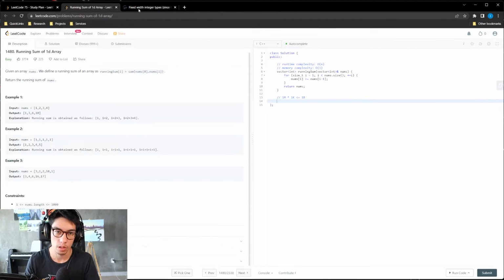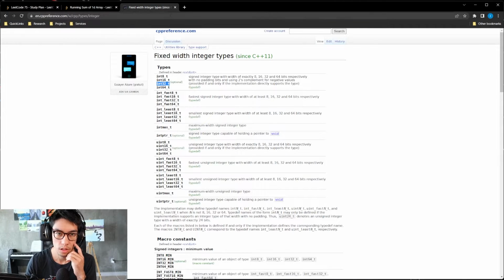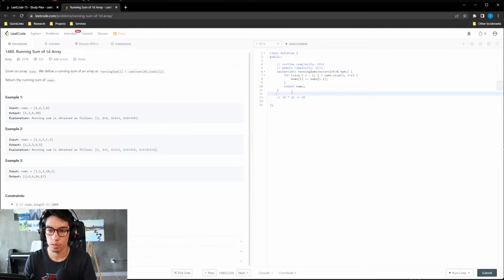We know that the fixed width integer goes over 2 billion, so we're not going to have an overflow. No overflow because the sum is less than the width of the data type.